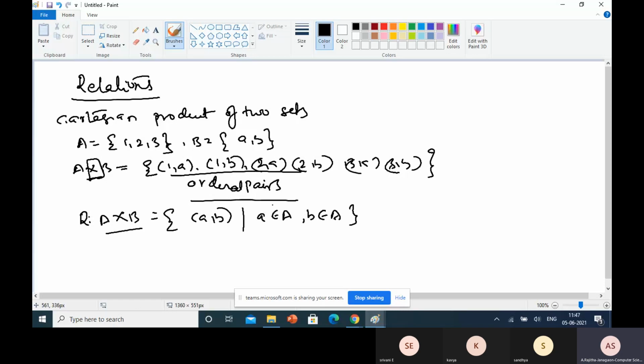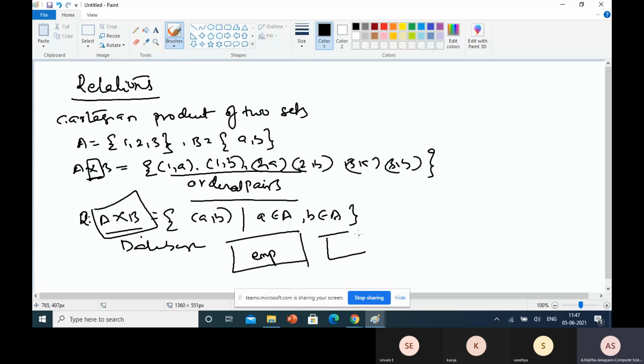Now we also encounter the concept of the Cartesian product in database concepts. In databases also we represent this Cartesian product. The Cartesian product is nothing but simply the relations. That means some table is there, say an employee table and a department table. How do we define the relationship between these two? The concept of the Cartesian product is used here also.